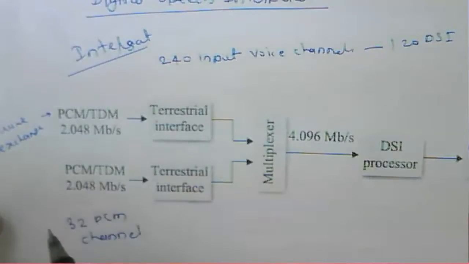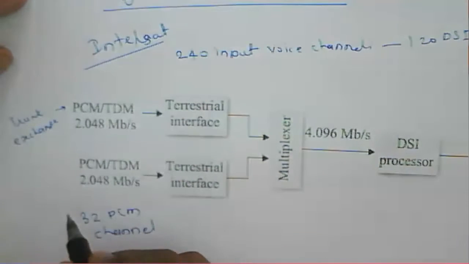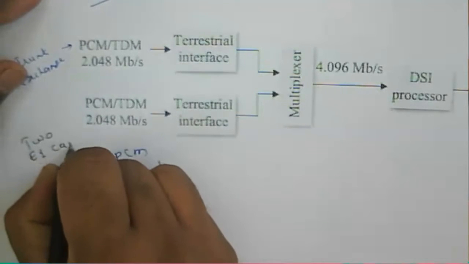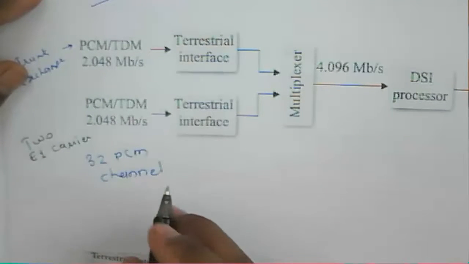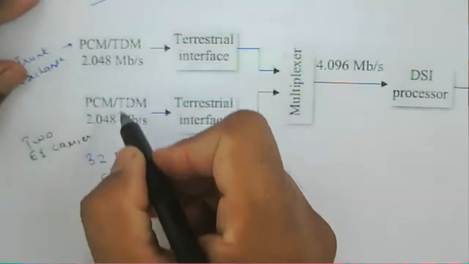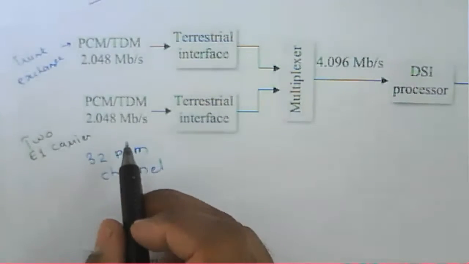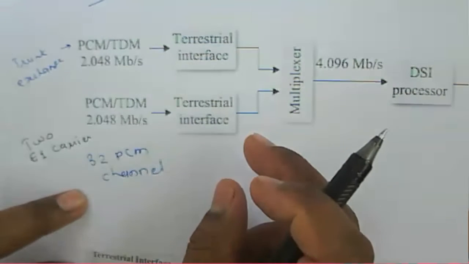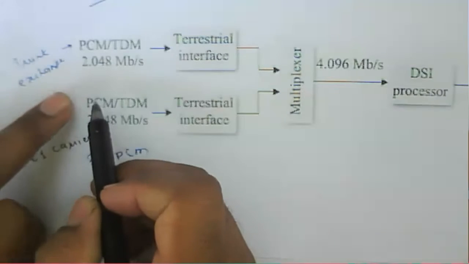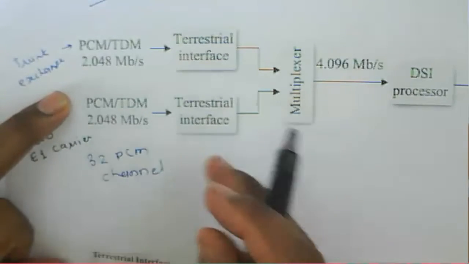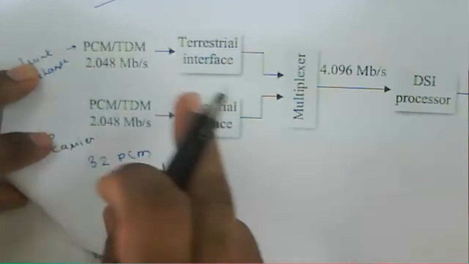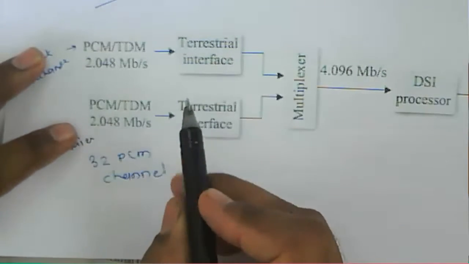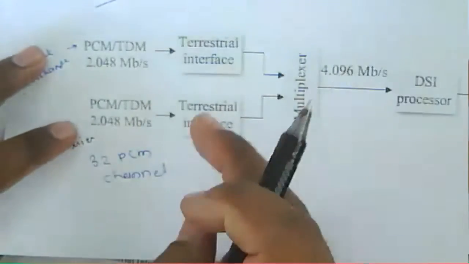Now in this example, if we consider that this one is about an E1 carrier, that is, we can say a two E1 carrier, and that two E1 carrier has 32 PCM channels, so we can consider, and those 32 PCM channels have the rate of 2.048 megabits per second, and they are multiplexed, and we will get the output at a rate of 2.048 megabits per second, and that's why it's providing that 2 to 1 compression because of this multiplexed output here. So we use a DSI system in a TDMA system